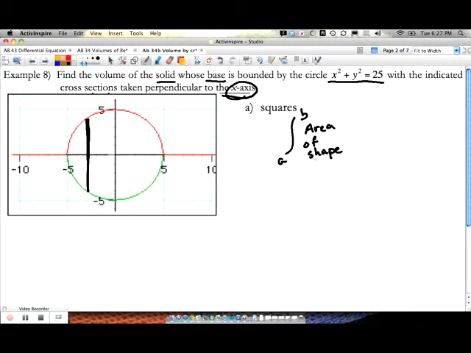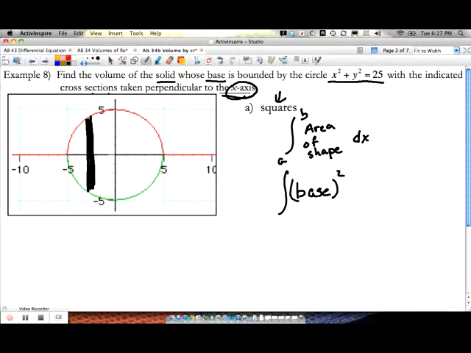Now before, we did this with discs, where the area of a disc was pi r squared. But in this case, we're looking at other types of shapes as well. So if I'm looking for a base here, trying to figure out what that is, I also need to consider what my shape is, which is squares. So I'm looking for the base